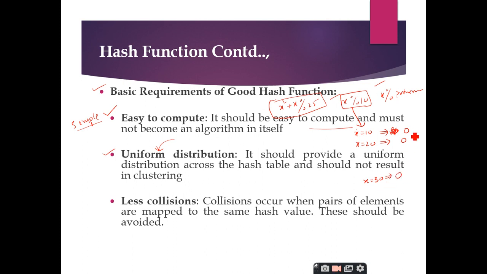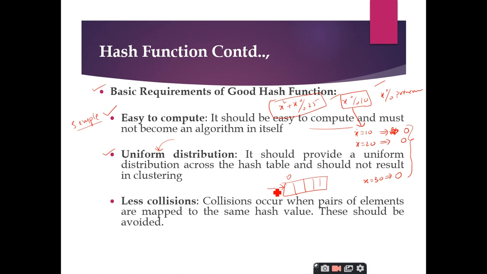0 only, right? So in all these cases, I am generating a hash value which is equal to 0. So all these, 10, 20, 30, are mapping to the same location only. They are fighting for this 0th location, right? So that is called a collision. If more than one value is having the same key, 10, 20 and 30, all of them are having the same hash value, that is 0. So that is called a collision, and there are some collision resolution techniques, which we will discuss later.